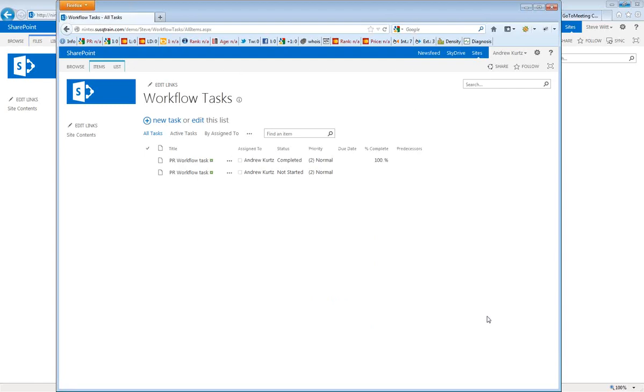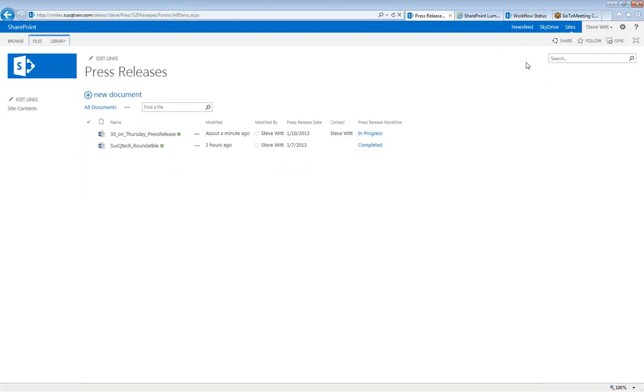And while that's moving along there, our workflow now is moving past that. It's sending a notification out back to the originator, which is the other account I was logged in as, letting me know that my press release was approved. And then if I move back to my other browser window here,